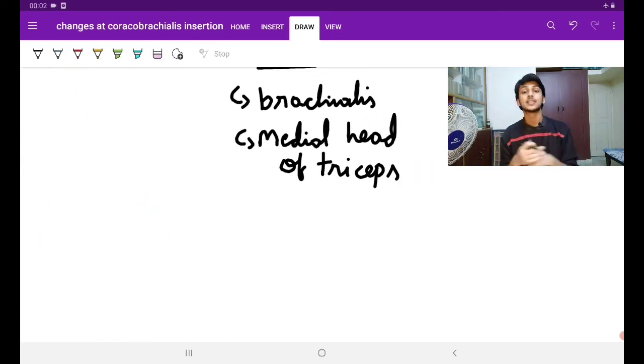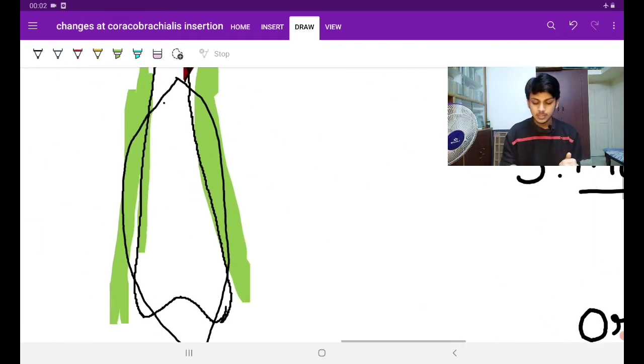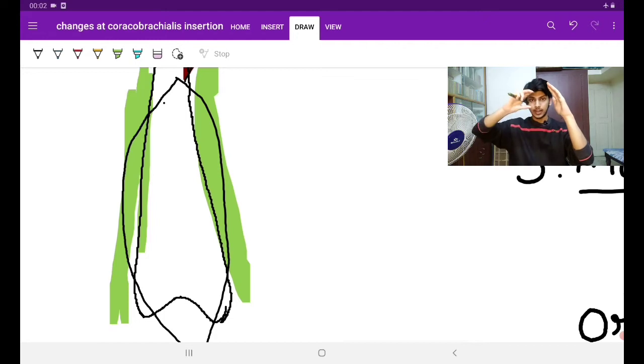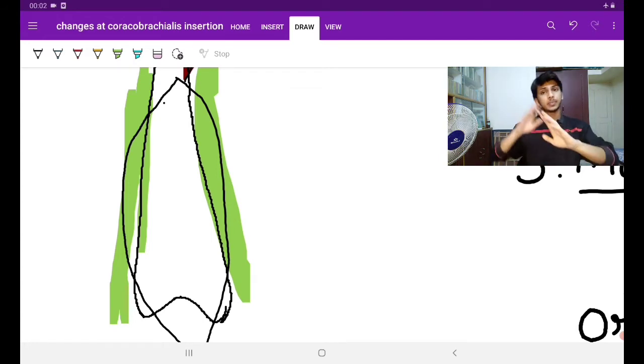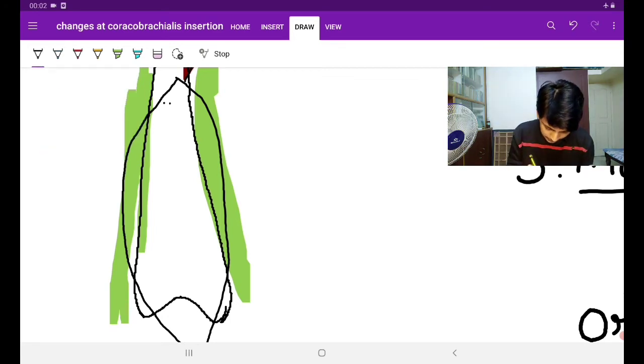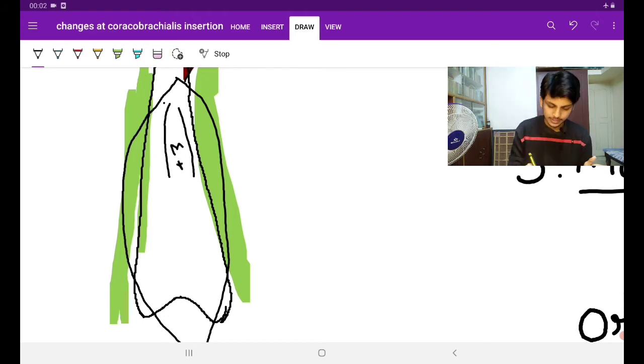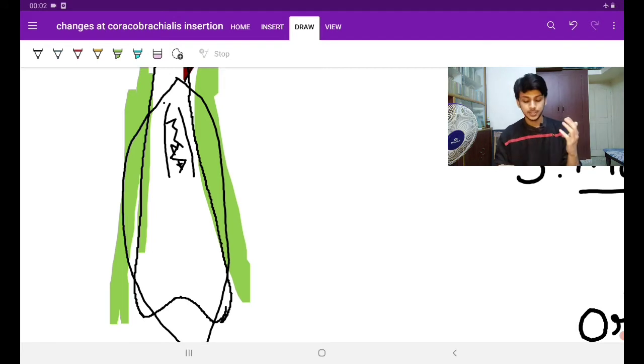Then what else? The medial head of triceps. See, triceps is a muscle which extends the elbow joint, isn't it? It is taking origin from the infraglenoid tubercle, that is the long head. Then the lateral head, which is above the level of insertion of coracobrachialis, and medial head, which is below the level of insertion of coracobrachialis. It is behind. Brachialis is in the front, triceps is behind. Triceps is this muscle. Okay, see here. That is, medial head is also taking origin something like this. Medial head of triceps. This is behind, guys. Okay, this is behind. So those were the muscles which take the origin.